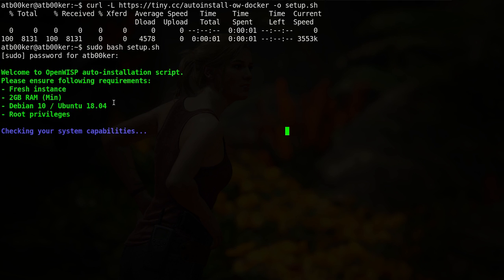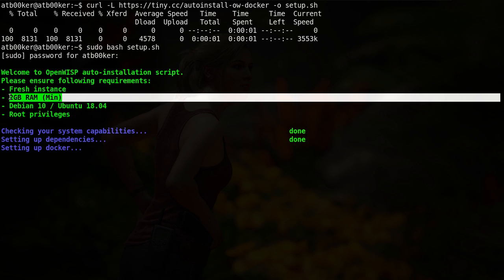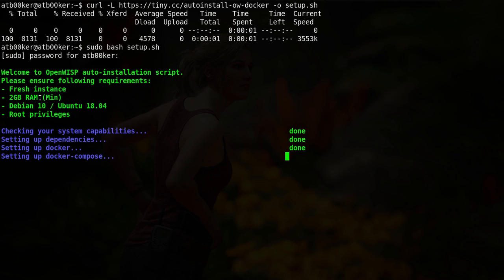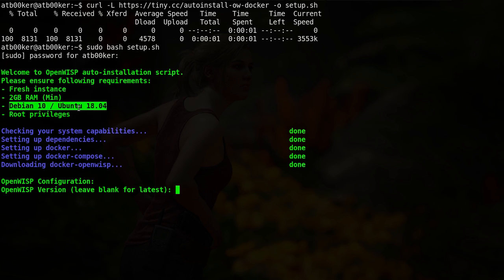So for installing OpenWisp, you need at least 2 GB of free RAM. It was on 1.5 GB as well, but we would rather recommend at least 2 GB should be free in your system. Currently, this script supports only Debian 10 and Ubuntu 18.04.